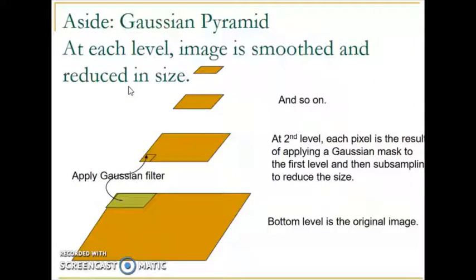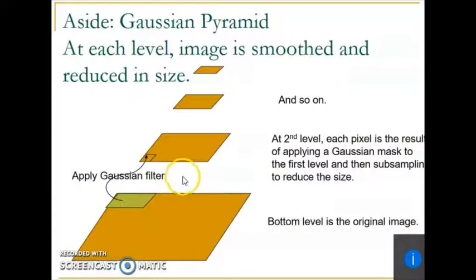Whereas we can also have a Gaussian pyramid in which we always start with the bottom level, that is the original image, and we apply a Gaussian filter to this. At the second level, each pixel is the result of applying a Gaussian mask to the first level and then subsampling to reduce the size. So we need to filter at this level. At first, we need to apply a Gaussian mask, and then we need to perform the